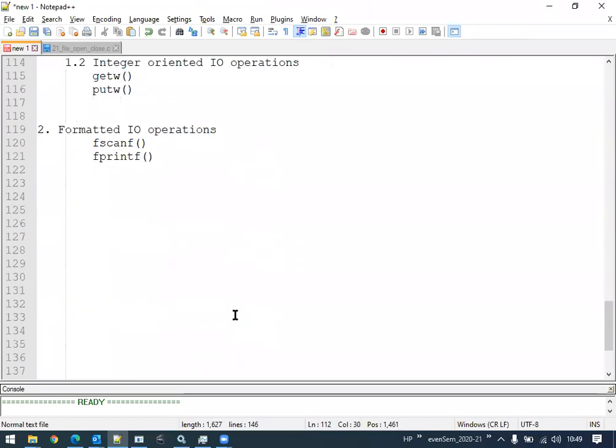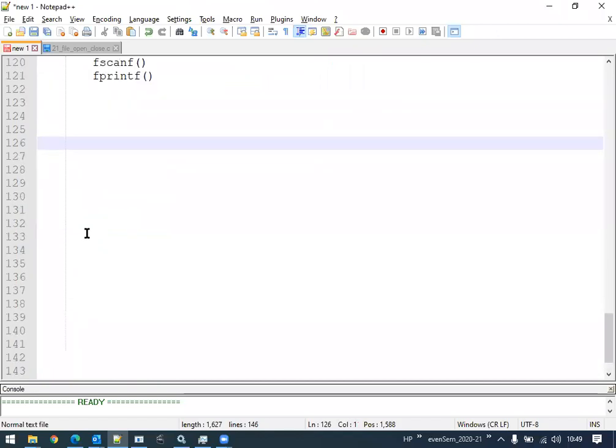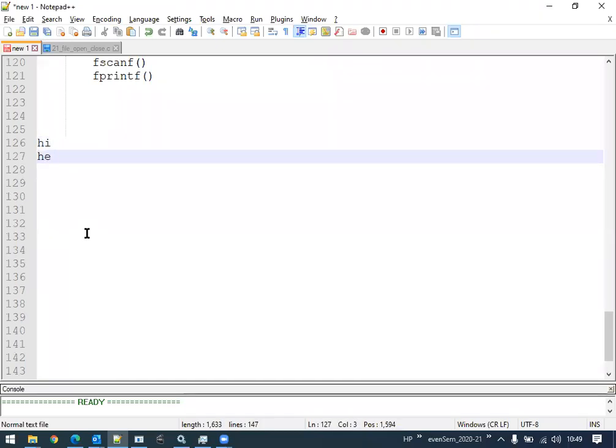Apart from this, I just want to introduce one more general concept here. If I want to perform input operations, that means if I want to read certain content, say "hi" and "hello", these are the two lines of a file.